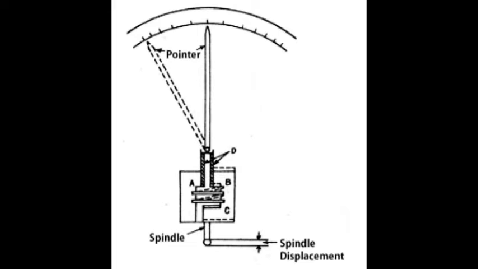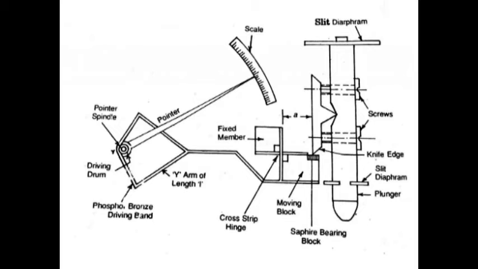The mechanical amplification is usually less than 100, but it is multiplied by the optical lever system, and it is available in amplifications ranging from 500 to 1000. So this is very clear-cut information about the reed type mechanical comparator. And the next one is the sigma comparator. This is a mechanical comparator which provides magnification in the range of 300 to 5000.